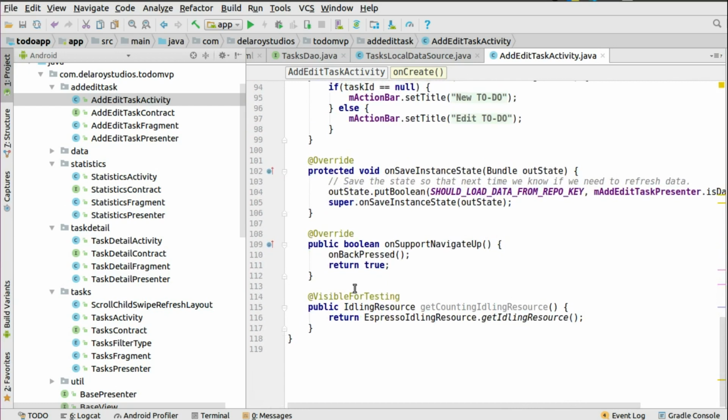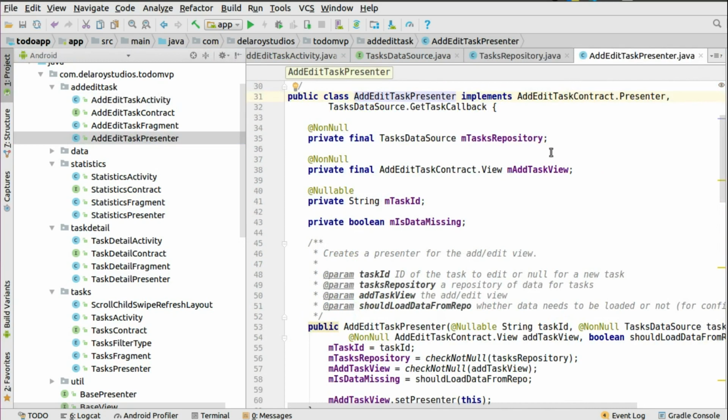So let's get to look at the presenter before we look at the fragments. The presenter implements the contract, which has the contract presenter and the tax data source, and not only the tax data source. We have an inner interface in the tax data source. It's actually implementing the get tax callback. So it's actually going to override the methods in those interfaces. The tax contract presenter,